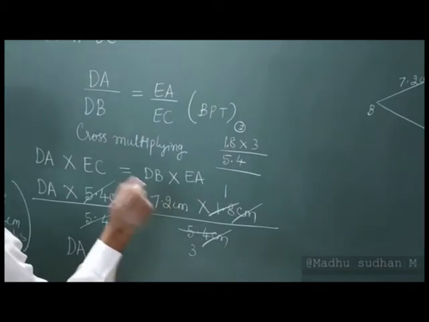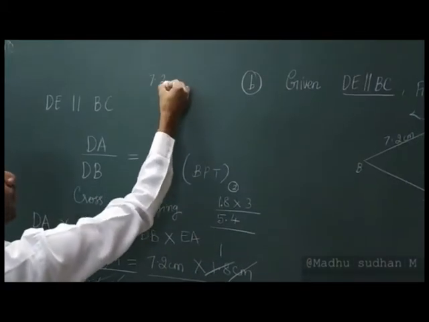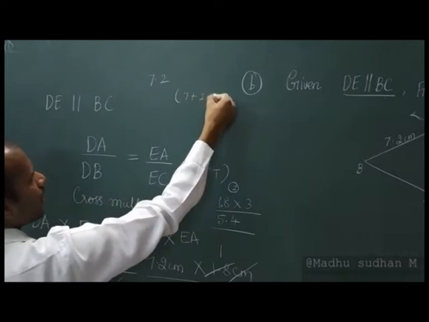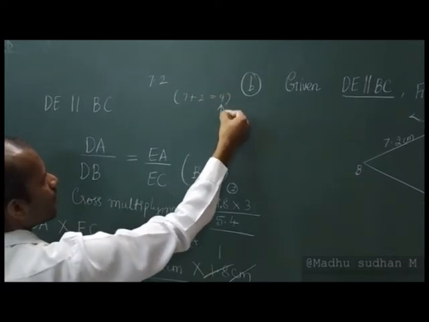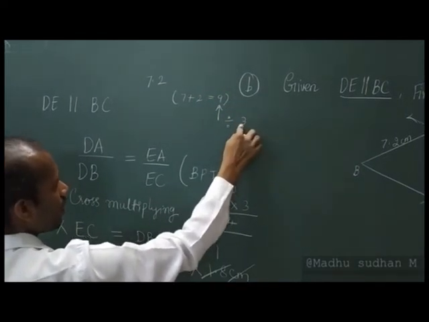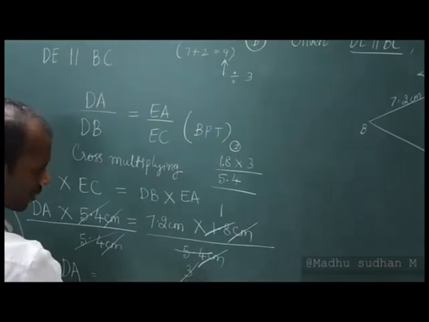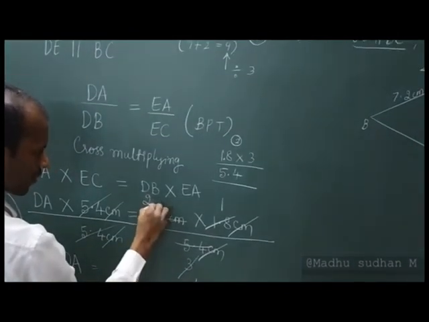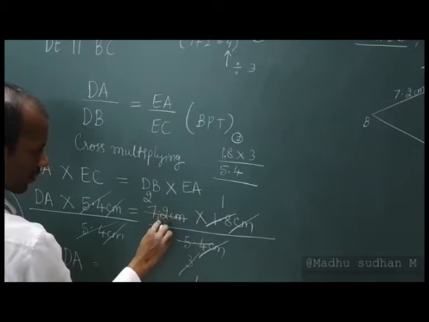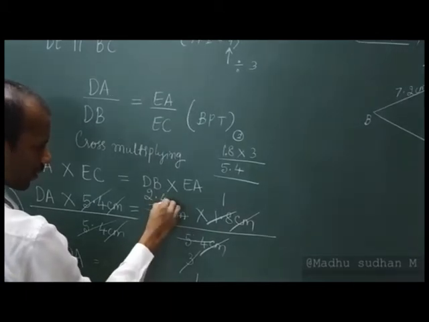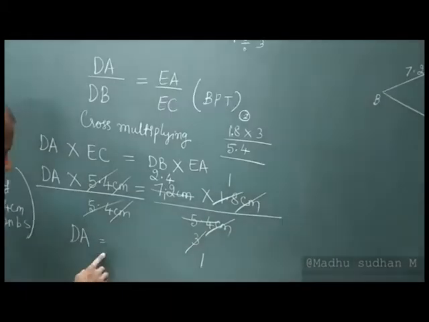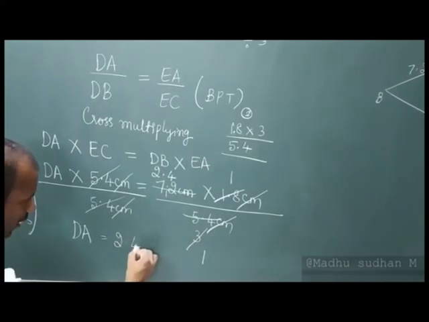Followed it? 7 plus 2. The divisibility rule of 3: 7.2, 7 plus 2, I shall get 9 here, and 9 is divisible by 3. You have 3 here. 3 1s are 3, 3 2s is 6, 1 carry, so this is 12 now. 3 4s is 12. Therefore I can write DA is equal to 2.4